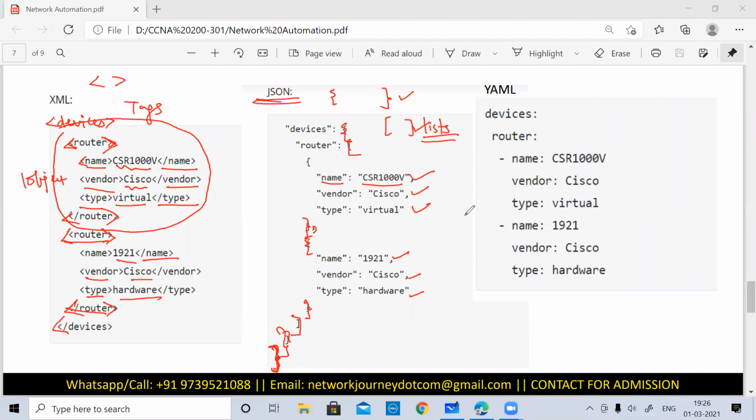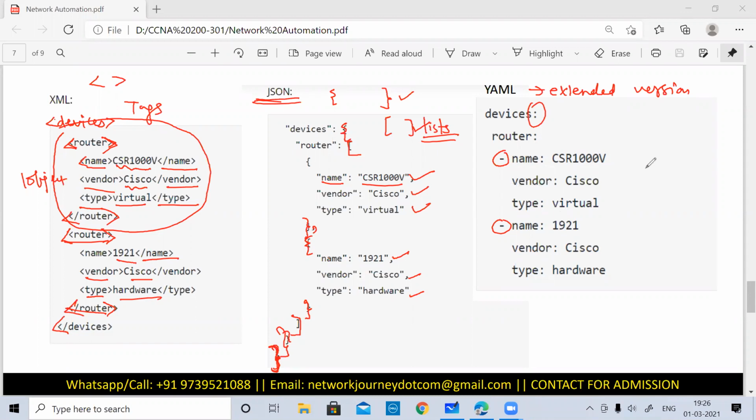And then YAML, I can simply say that it is going to be a superset of JSON. It is an extended version of JSON, where you will find that you are making this very simple, writing in the form of a key and a pair. Okay, in a form of a key and a pair, and you make use of this colon. And when you want to define a list, like we defined a list here with the help of square bracket, here you need to just write a hyphen. Okay, just by writing hyphens you can list down all the list.